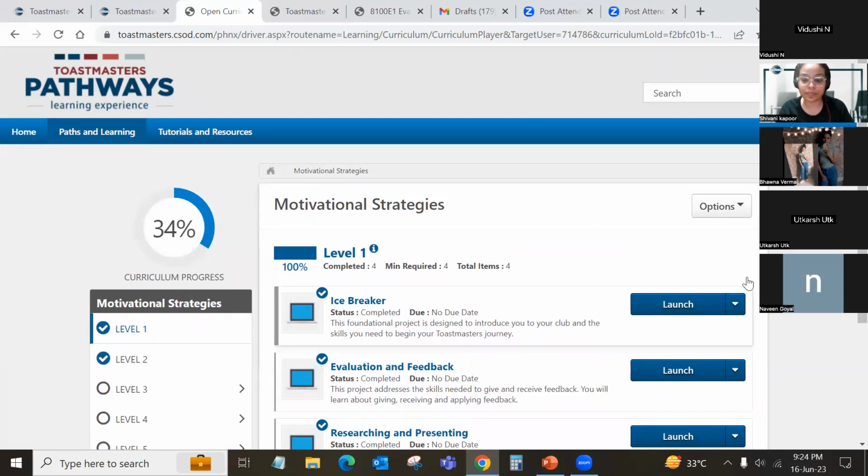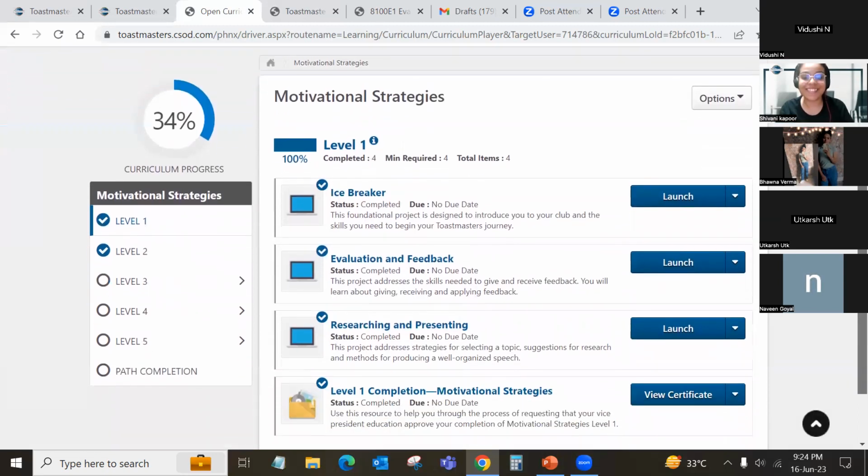Generally, how much time does it take to complete one pathway? Yeah, this is a question that always comes up whenever I'm doing a new member orientation. So it's extremely situational, Naveen. I know from my past 5 years of experience, I have seen both sides of people, and I suggest not to be on either of the sides that I'm telling you right now.